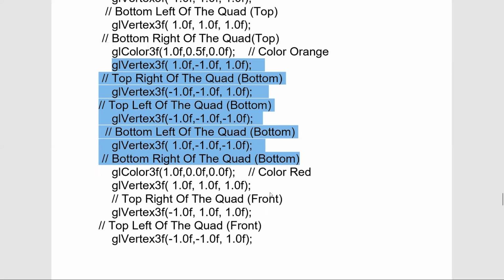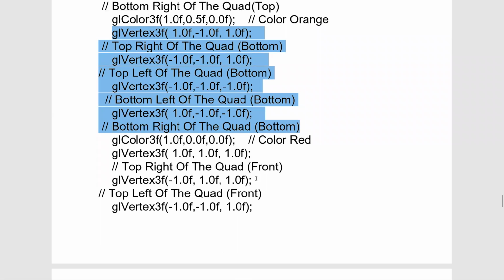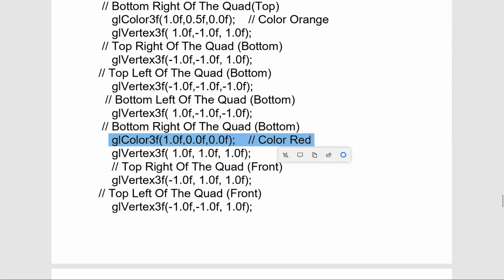In a similar way, I am interested in drawing the front surface using another color, say red. We are choosing red in RGB. Earlier it was RGB with R value 1, G value 0.5, and B value 0.0, which gave a combination as orange color.